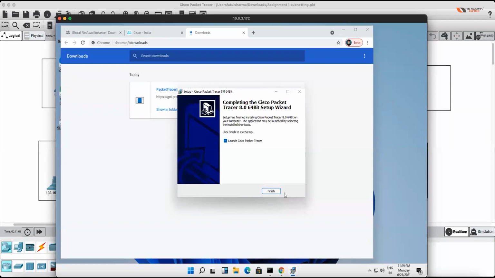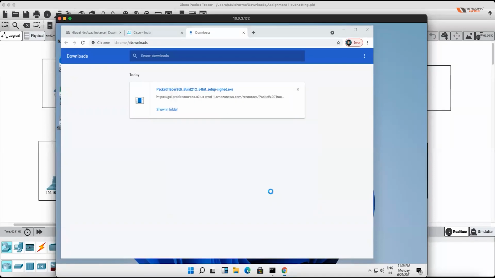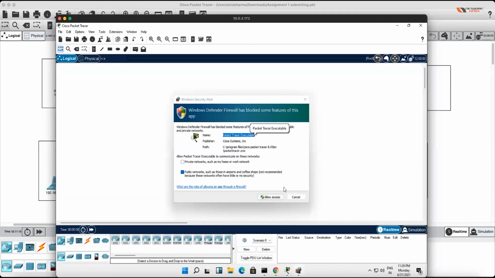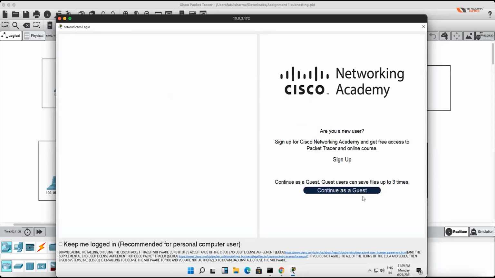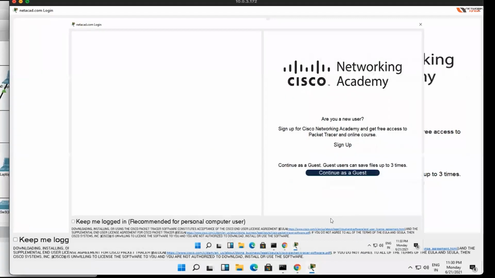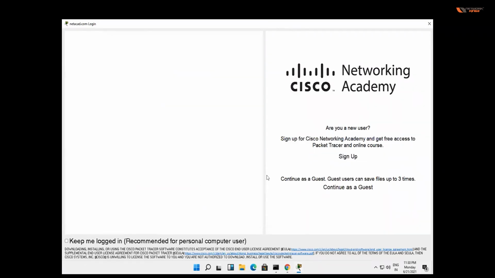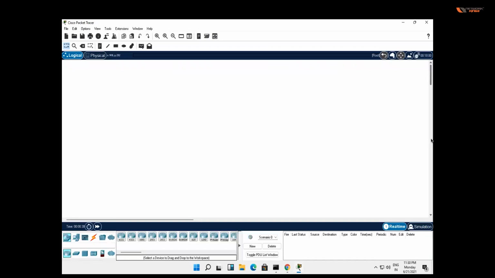You can write it down on your mobile also if you have a tendency to forget your passwords. Would you like to run the multi-user application? You can choose no or yes, whatever you want. I'll say no. Multi-user means if your friend is also using your laptop and you want to use Packet Tracer. It is asking us, we have two options, like we can use guest mode, but I'll not take guest mode. I'll put my username.